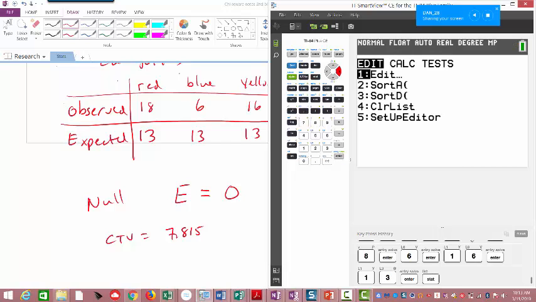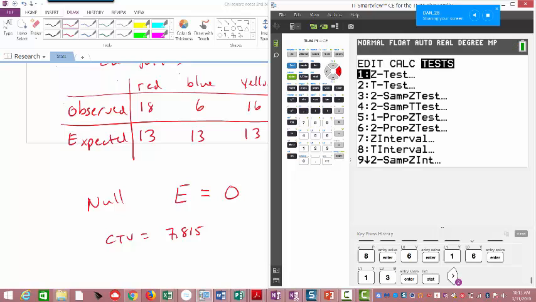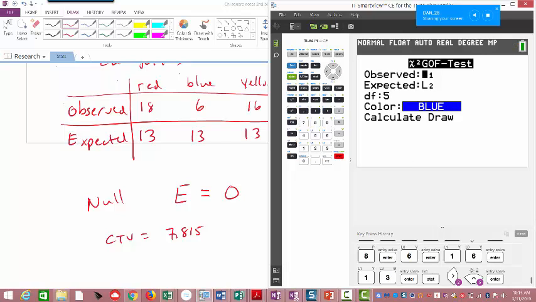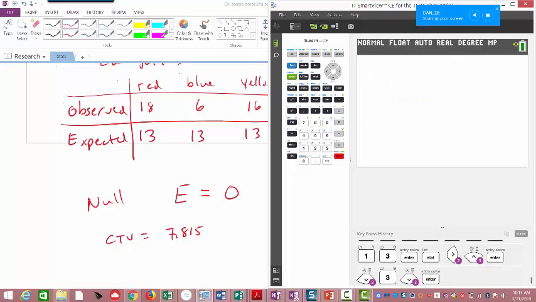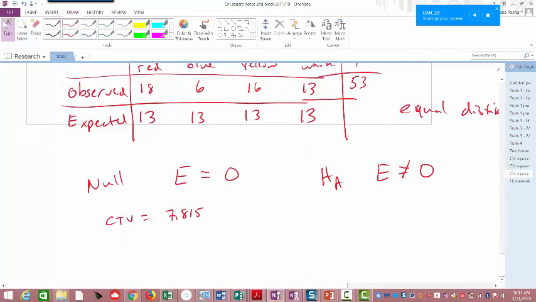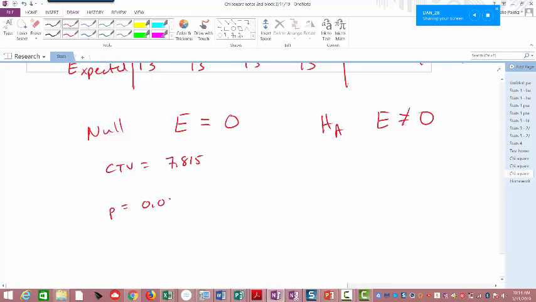So now I go to stat and go over to tests. This time I would say hit your up arrow because what you're going to is D, chi-squared goodness of fit, and you actually get to it faster by going to the bottom of the list and up. But if you go down, you'll find it as well. And I said my observed was in list 1 and my expected was in list 2. How many degrees of freedom did we say we had? 3. And so let's calculate. And so I get a P of 0.09